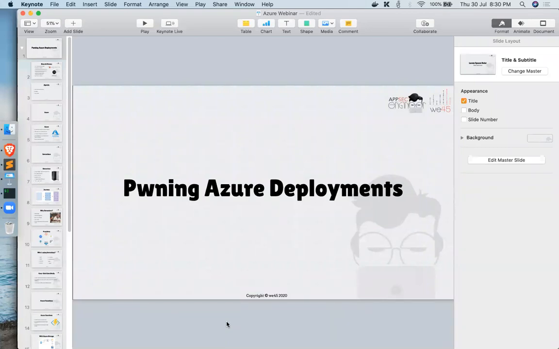So welcome everyone to today's session, which is Pwning Azure deployments. My colleague Sharad will be presenting in a short while, talking about Azure secure configurations and misconfigurations. Just to give everyone a little bit of context before we get started: what we essentially want to show you today are some of the secure variants one can look at, and the insecure configurations that people usually make when dealing with Azure deployments, specifically with respect